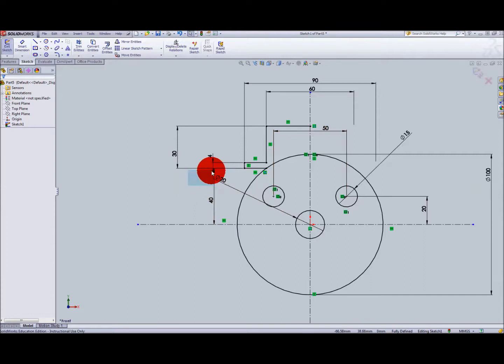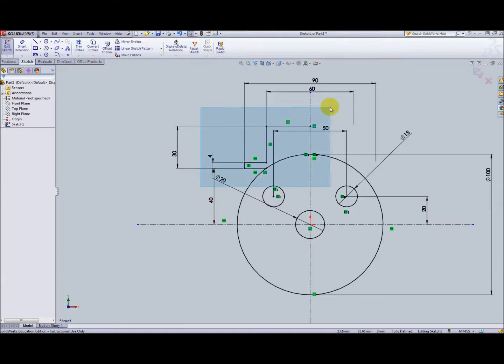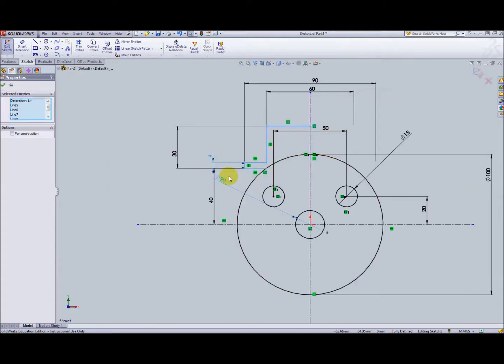So we select a window, so we basically click, drag, stretch a window over all that geometry, and you can see the bits that have gone blue are the bits that are selected. Also, these dimensions have been selected, but they're not relevant when it comes to mirroring, so that's fine. But what's important to know is that because I dragged a rectangle like that, you can see that's blue, and that's just selected everything that's entirely within that rectangle,